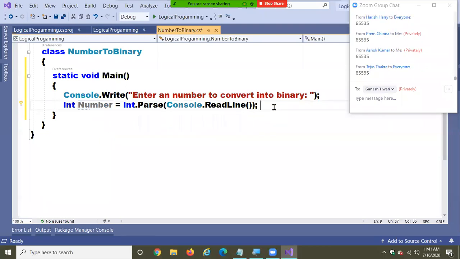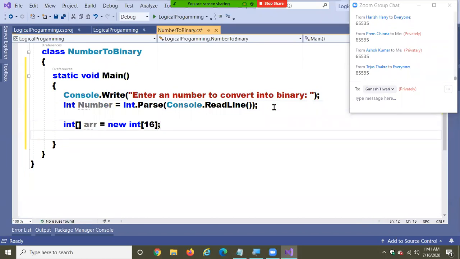Okay. I am not allocating any memory or anything. Array, to store each character, to store each and everything, we need a bit value. That's what I just reminded you. Watch what I am doing. I am first declaring one integer array. 16 means the max possible value you can do conversion is 65,535. If you want to take a bigger value than this, increase the size here.